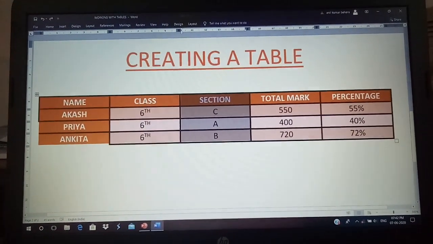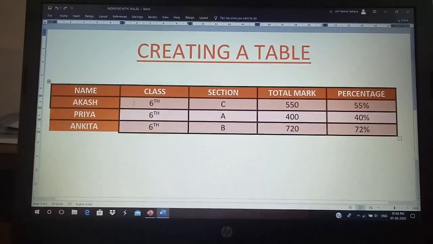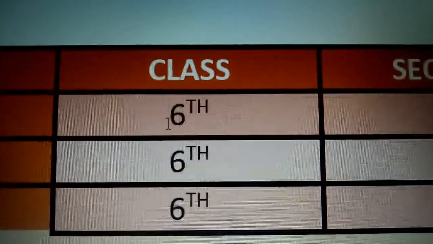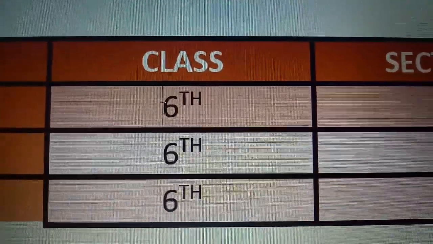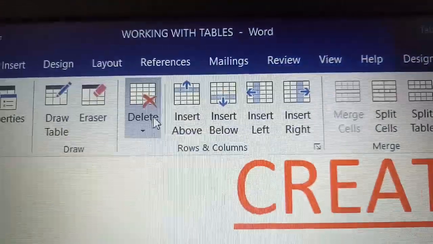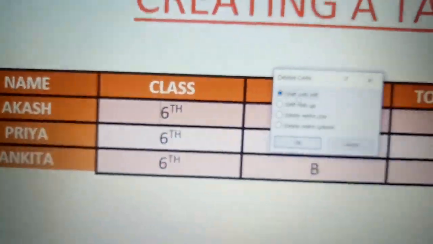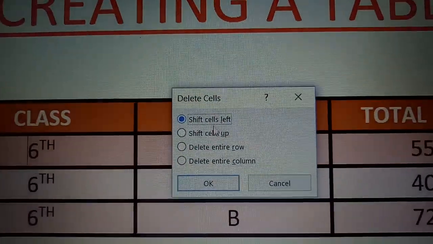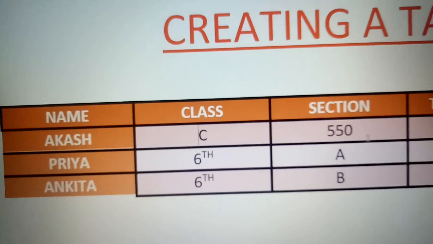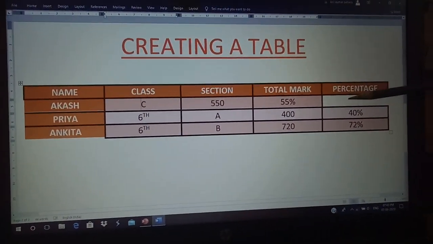Now a particular cell can also be deleted. Suppose this is the second cell present in the second row, and I want to delete it. Click over here, then Layout, Delete, and Delete Cells. A Delete Cells box appears. Shift cells left. So it is deleted because the cells are shifting towards the left. Here is the empty cell.